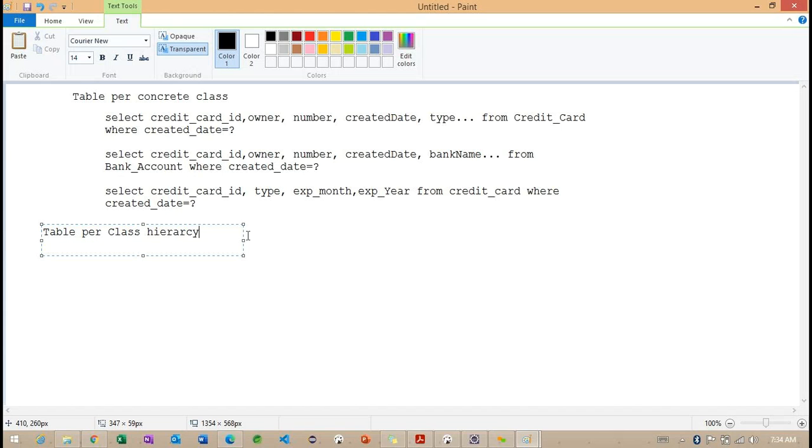So understand here. We need to get a picture here. We are having the billing details class, and the billing details class is extended to the other classes called credit card as well as bank account here. But here, when we are trying to discuss this table per class hierarchy, what we are doing here, even though how many classes we are having here, we are going to create only a single table here, and we are trying to create all the columns for all the properties in all the classes here.